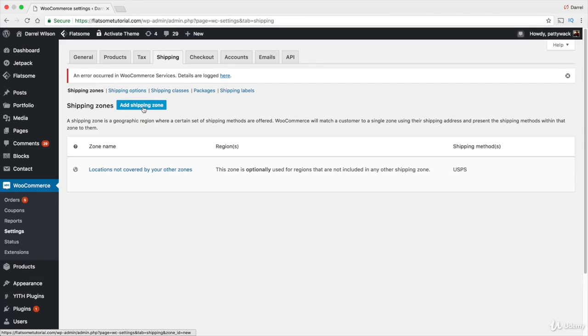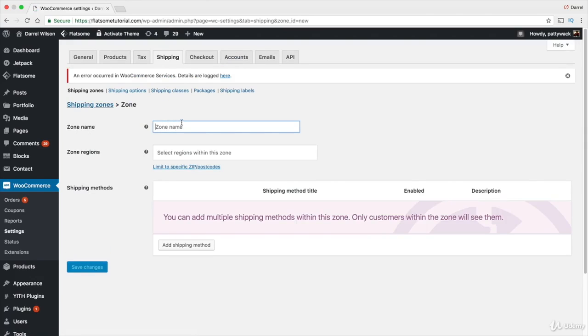So right now I'm going to add a shipping zone. So now I'm basically selecting a shipping zone. So where do I want to ship to? Well, this is for the USA. So United States,